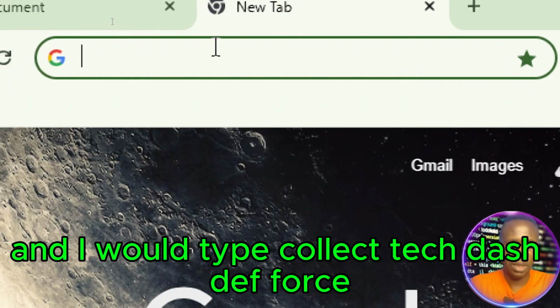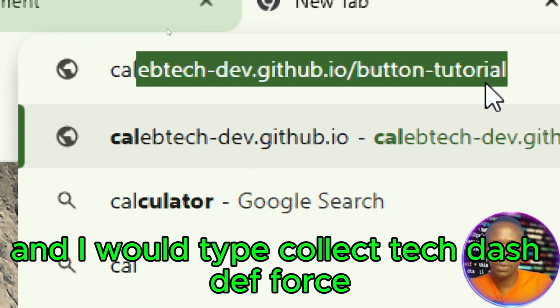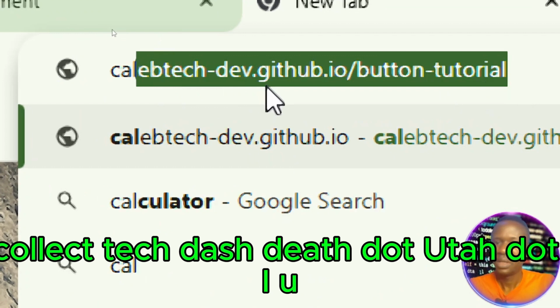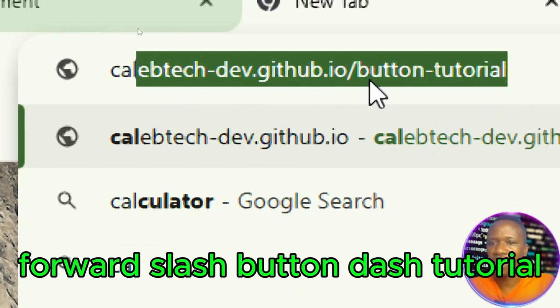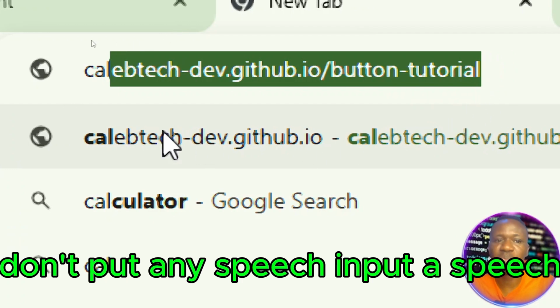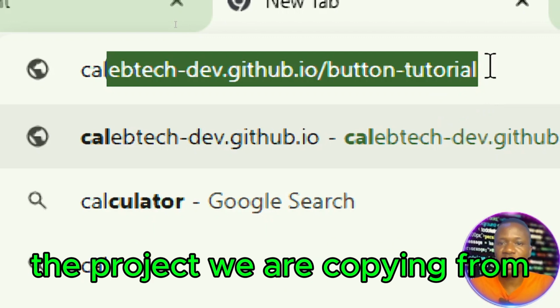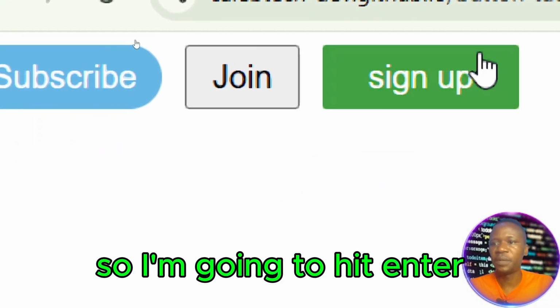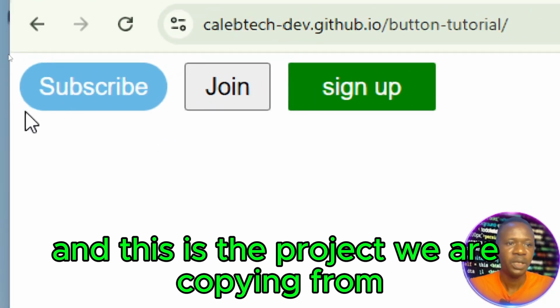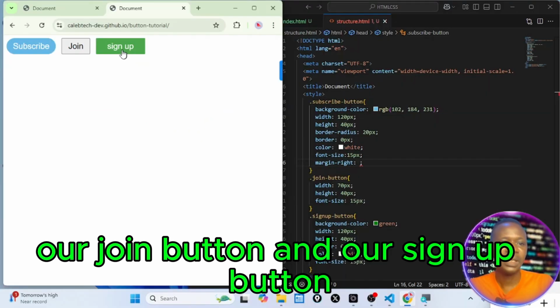And I will type Caleb Tech dash dev dot github dot io slash button dash tutorial. Type it exactly like this. Don't put any space. Then hit enter. Then it will take you to our project, the project we are copying from. So I'm going to hit enter, and this is the project we are copying from. So this is our subscribe button, the one we created,